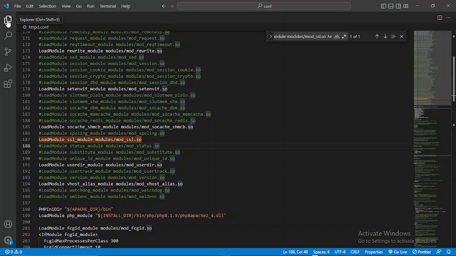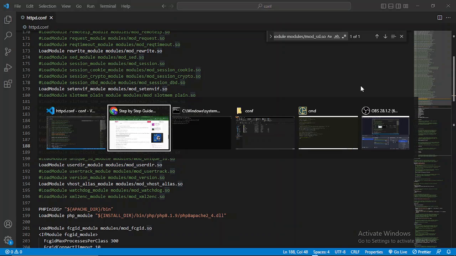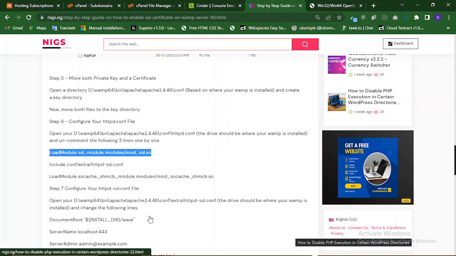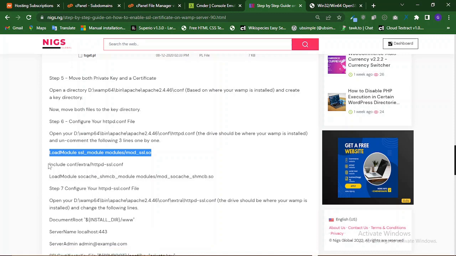It should count 1. So that shows you've not saved your work. You need to press Ctrl S to save the work. Okay, you should always save your work. Whatever changes you do in your code must always be saved. Okay, so we now have to look for this one inside our config extra and the httpd